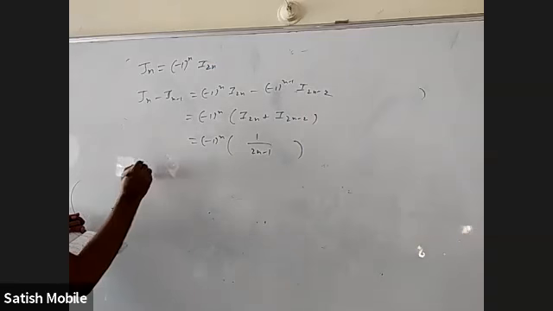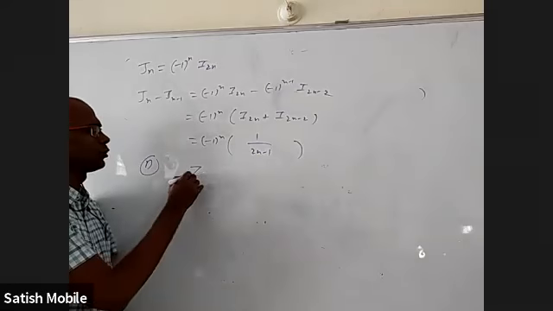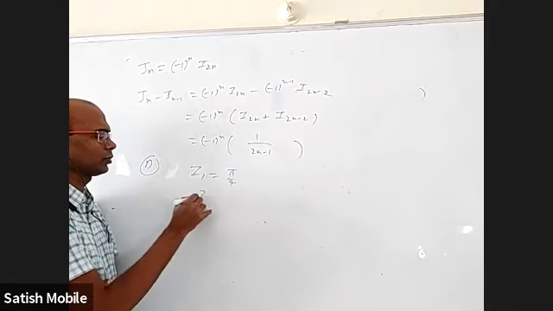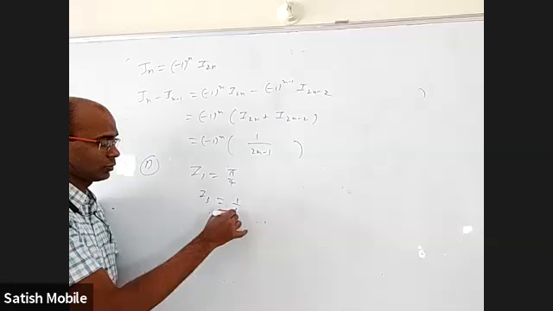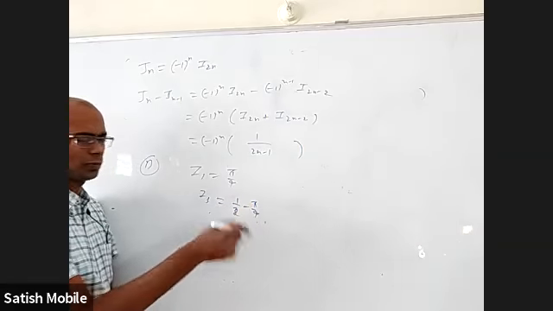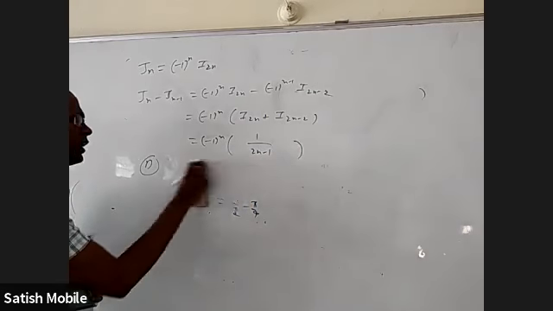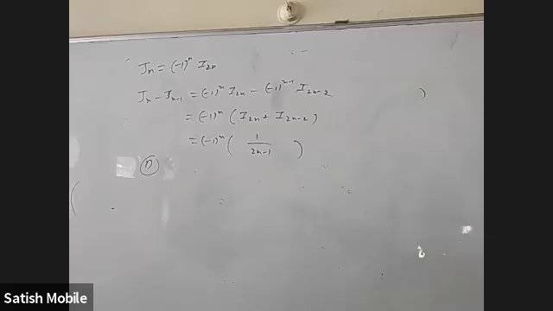And option D, they want when n is tending to infinity, what will happen to this limit? Basically, they're talking about this limit. Of course, normally when you write, you may get I1 equal to pi by 4. You may get I3 is equal to 1 by 3 minus pi by 4, something like that. 1 by 2 minus pi by 4 by using the recurrence relation. But they're asking when n is very large, what will happen?